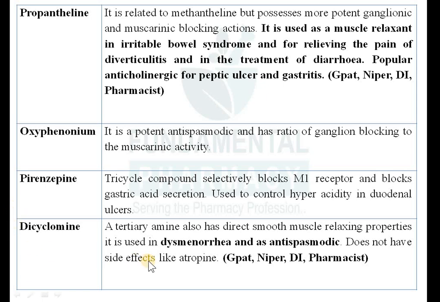Dicyclomine is a tertiary amine and it has a direct smooth muscle relaxing property. So this drug is used in the treatment of dysmenorrhea and it is an antispasmodic. Intestinal spasm. अगर आपके पेट में दर्द हो रहा है, आपके पेट में मुरड़ा आ रहा है, तो डाइसाइक्लोमिन का